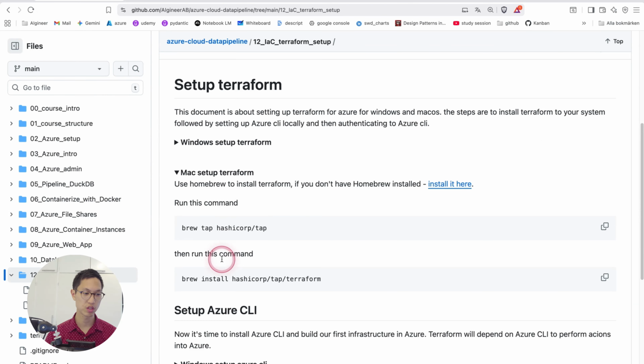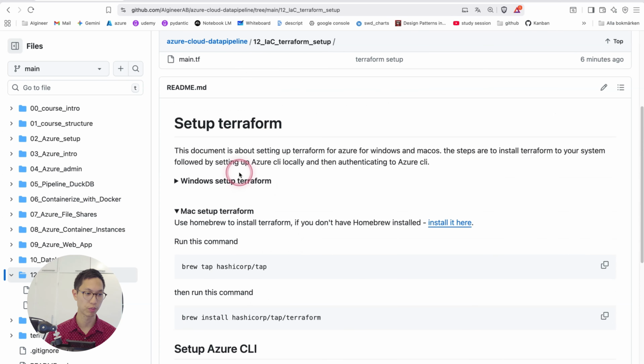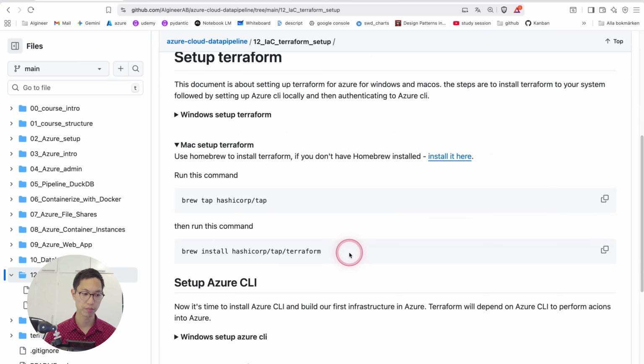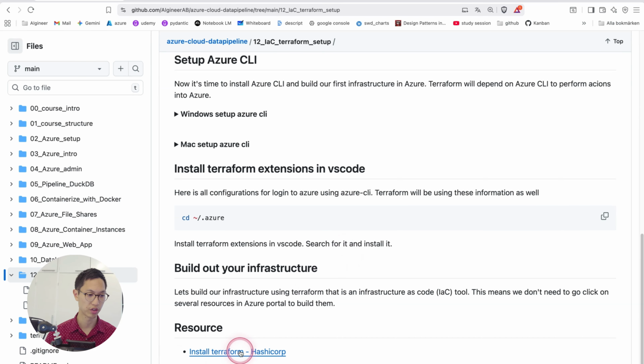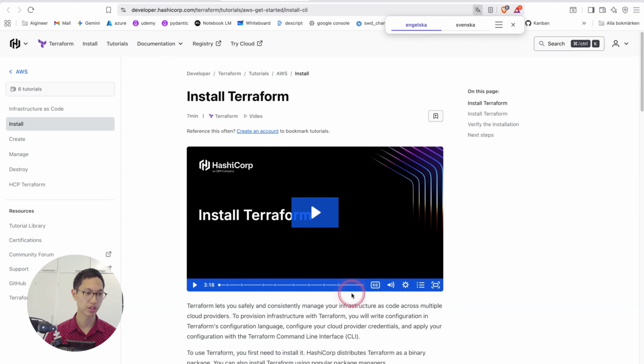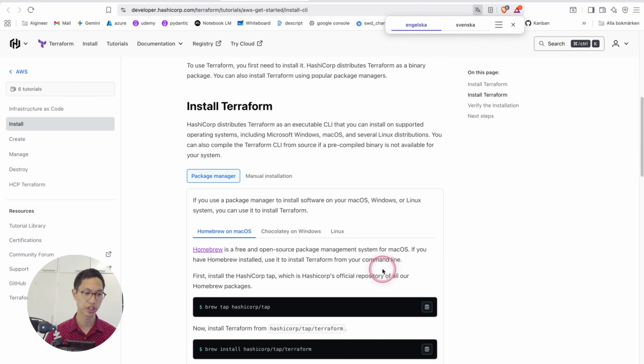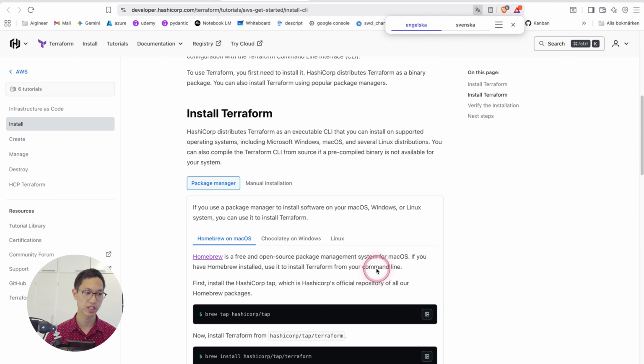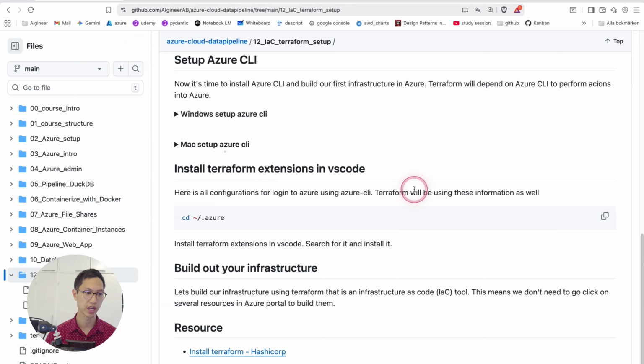Then we go into this command here. And note, where do I get all these? I get all these from, if you go into the Windows page, there is a page. Let me show you here. Install Terraform HashiCorp. You click on this one. And here is basically the information on how you install Terraform. Okay? These are basically the steps that I've taken, and I've just simplified it a little bit